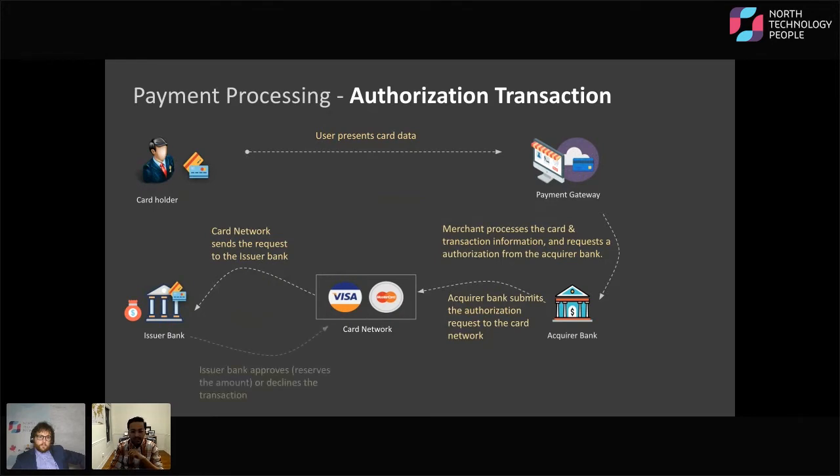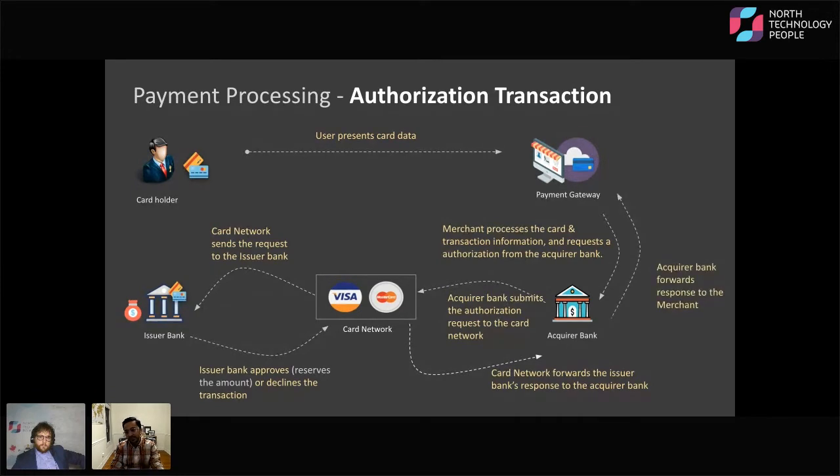So what authorization really means here is that the bank will look at it and say, if there was a request for authorization for $100, the issuing bank will either approve or decline it based on whether the account has the money or not. Let's assume it was approved. It goes back to the card network, consequently back to the acquirer bank, which then forwards the response back to the payment gateway. At this point, the payment gateway stores the response, saying this authorization for this card